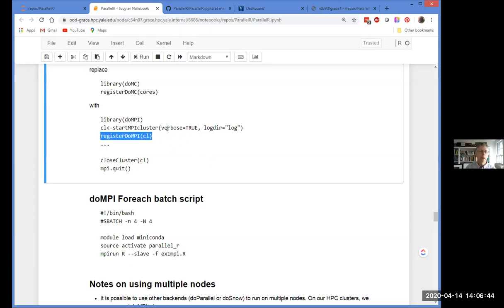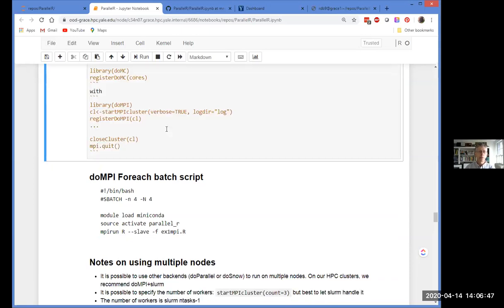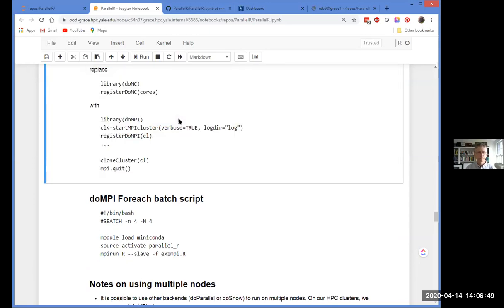Now you notice here, nowhere in start MPI cluster did I say how many workers I wanted. And you can specify that, but I recommend that you don't. It turns out that MPI and Slurm will communicate very effectively with one another, and this start MPI cluster will learn from Slurm how many tasks your Slurm allocation has, and it will start the right number of workers.